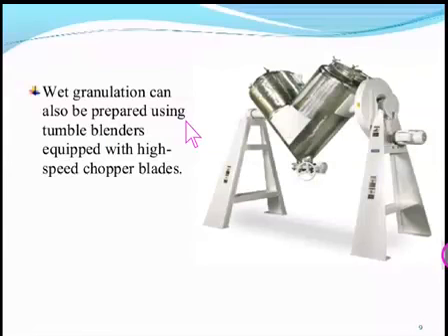This is the tumble blender, which by rotating makes sure that the powders get mixed well, and then the granulating liquid is added through a jet, and the powders become wet and get converted into a wet mass, which further needs to be chopped using the high speed sharp blades, so that the agglomerates or granules will be produced, which can be removed after a certain period of time over which the machine has been operated. So let us go to the next slide.